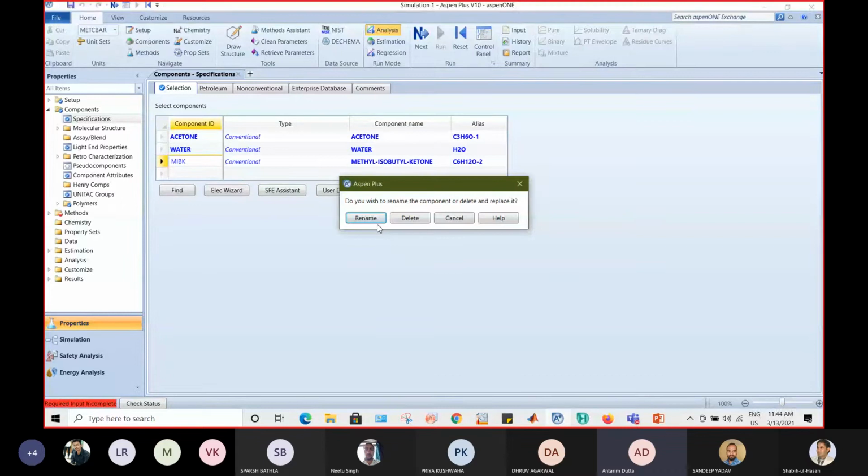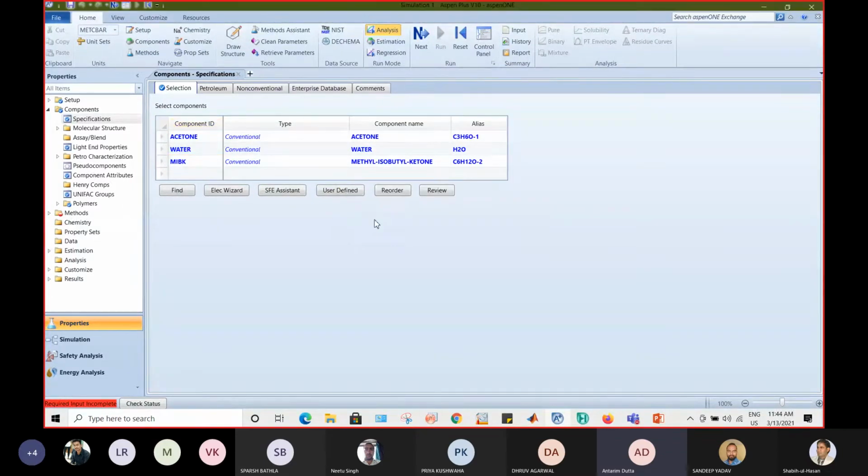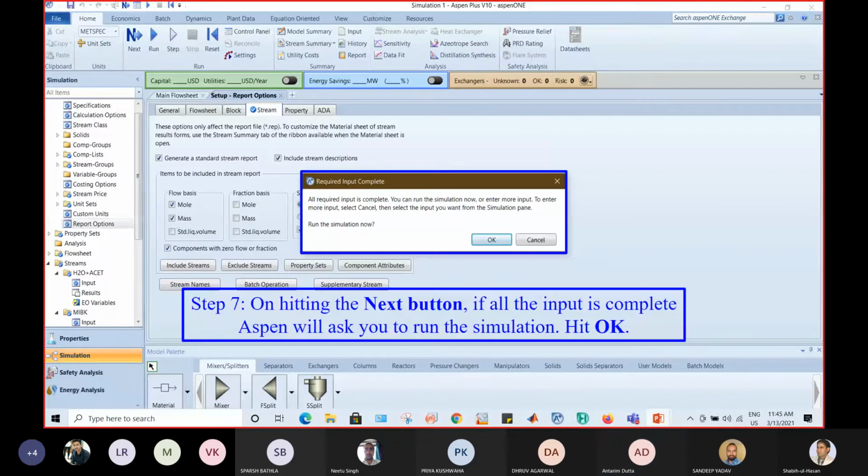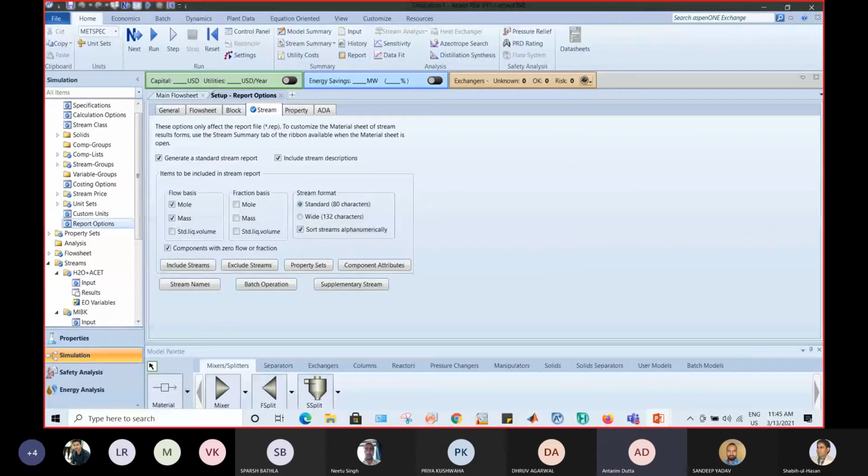And since all the hierarchical things have been satisfied and we have blue ticks over there, and I have completely selected my components, I will hit the next button. And once I hit the next button, again Aspen will ask me to select the base model. So again I will go for this Chaucer thing, or you can go for something else. Let me see what model I have selected over there. I think I have selected Chaucer only.